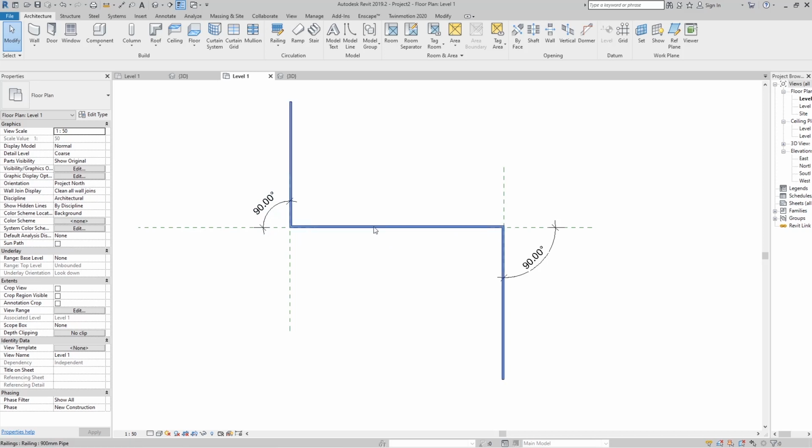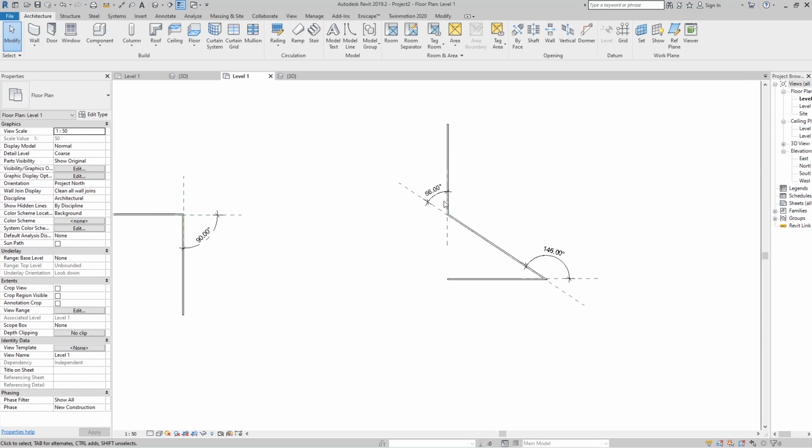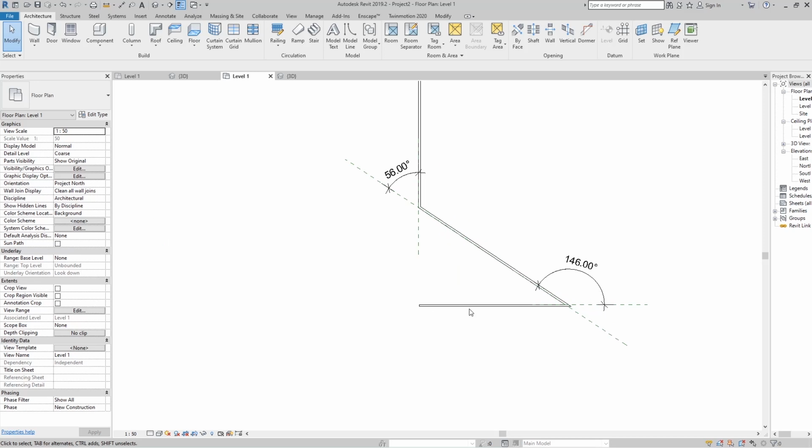When we have this path and this path, the angle between the directions of the paths is 90 degrees. Here we have this and this direction of the path, and the angle of that is 56 degrees, and here we have this and this direction, and the angle of that is